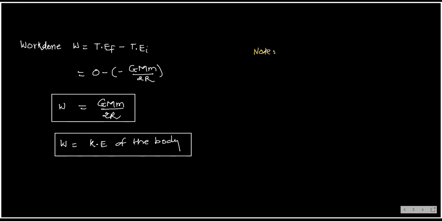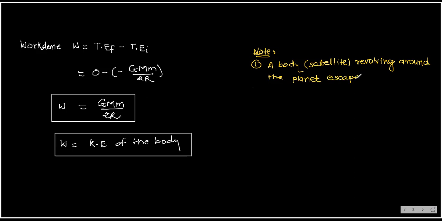Note point number 1: a body or satellite revolving around the planet escapes when, point number 1, its kinetic energy is doubled, or else